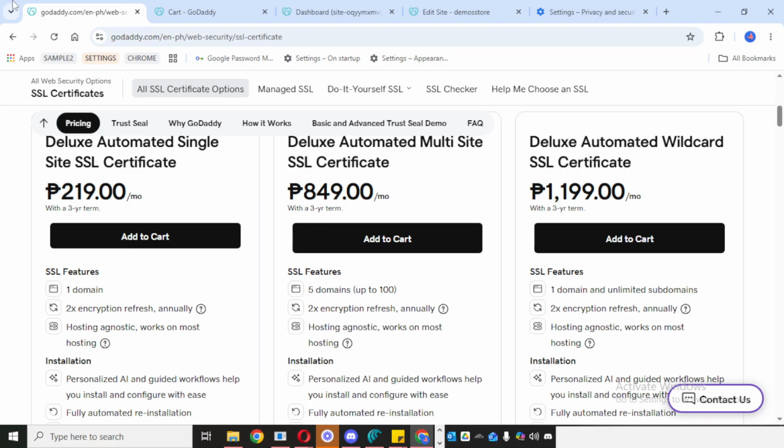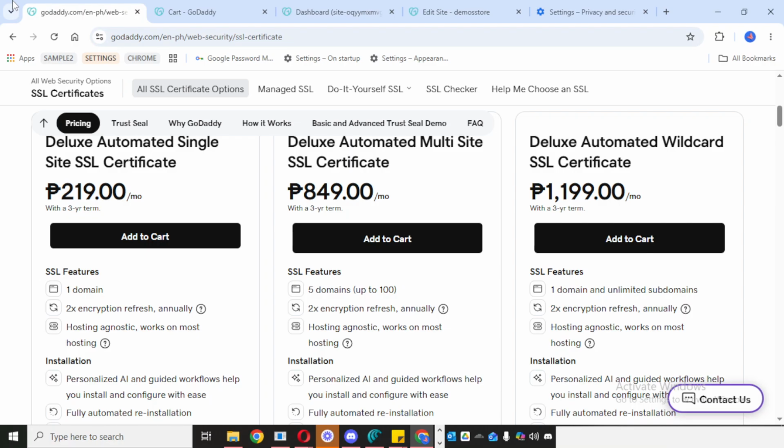Depending on your account and hosting setup, you may be asked to confirm details related to your domain or website before completing everything. Just read each screen carefully and continue through the instructions provided. As you move through the prompts, take your time and double-check the information shown on each page. This helps avoid mistakes and ensures the SSL certificate is connected to the right website.